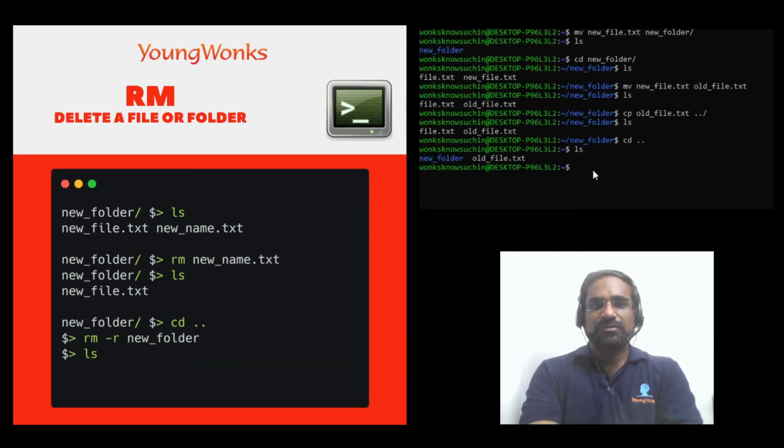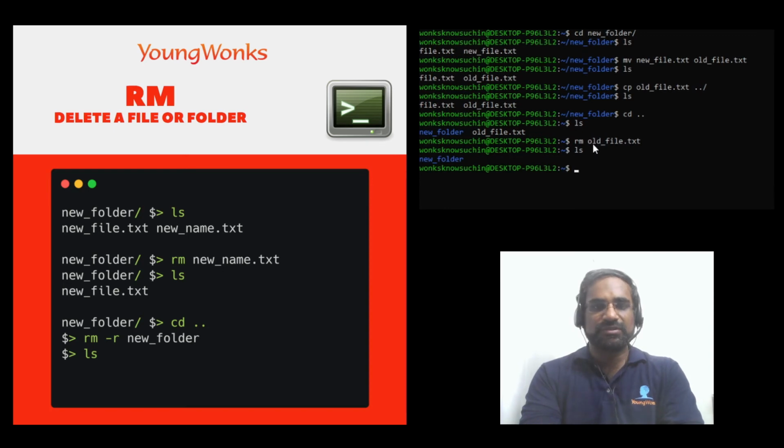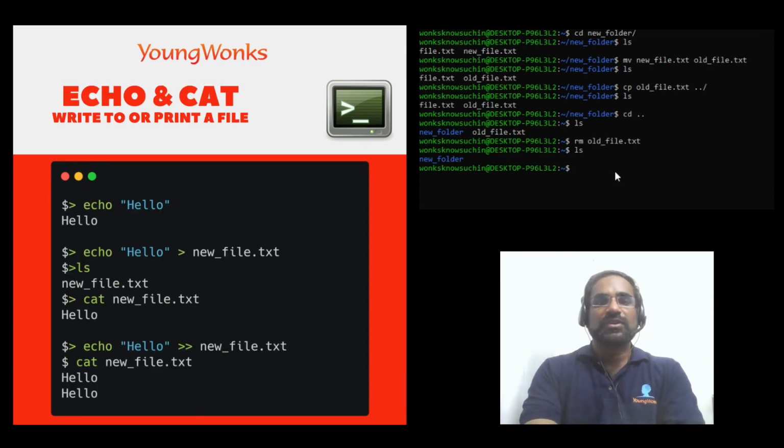Now to delete a file, all you need to do is rm, which is very similar to the rmdir you did for directories, and you can say rm and the file's name and hit enter, and you will see that it's gone. Now echo and cat are useful commands to be able to write into a file from the command